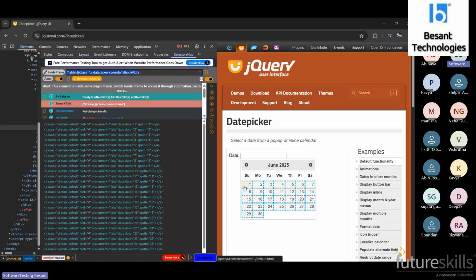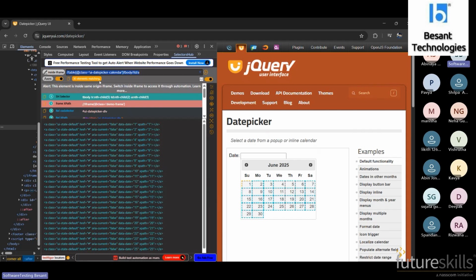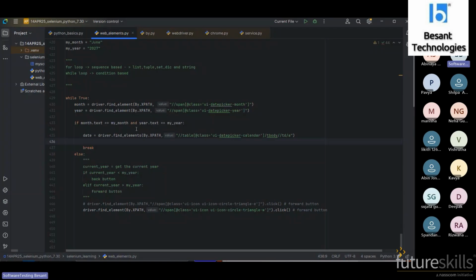But here that is not the case. We have a list of values. That is why we are getting 30 elements matching. If it is a list of multiple values, we are supposed to go with the for loop. I'm giving dates in the plural form.